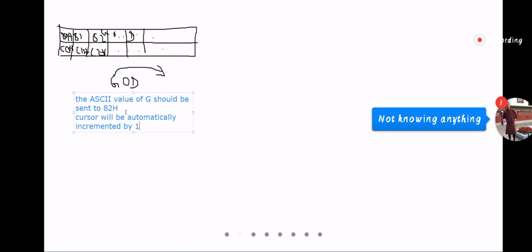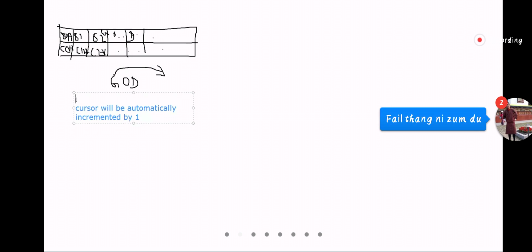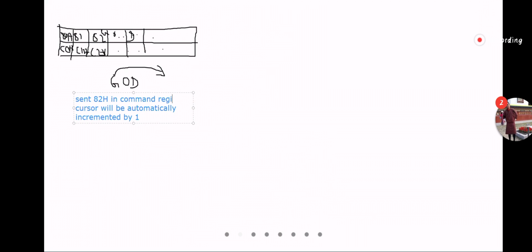If I explain this more thoroughly: I will send 82H in the command register and send the ASCII value of G in the data register. This is a more prominent way of explaining.